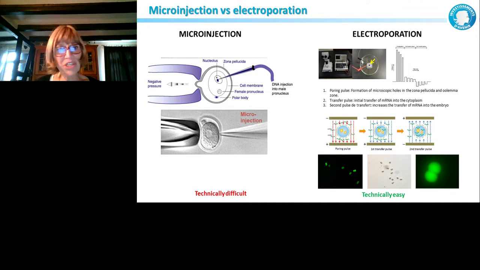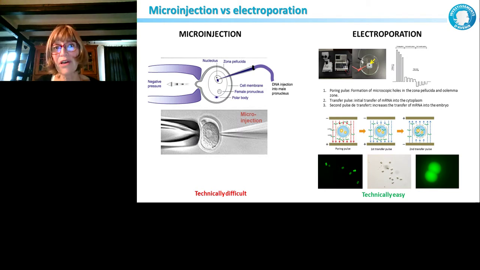Some people like to inject into the cytoplasm, but in our facilities, they don't like to inject in the cytoplasm. You need to have very skilled people, whereas electroporation is much simpler. You put your eggs, your fertilized egg, in between two electrodes, you pulse with this square pulse. We use an EPA21, but all the